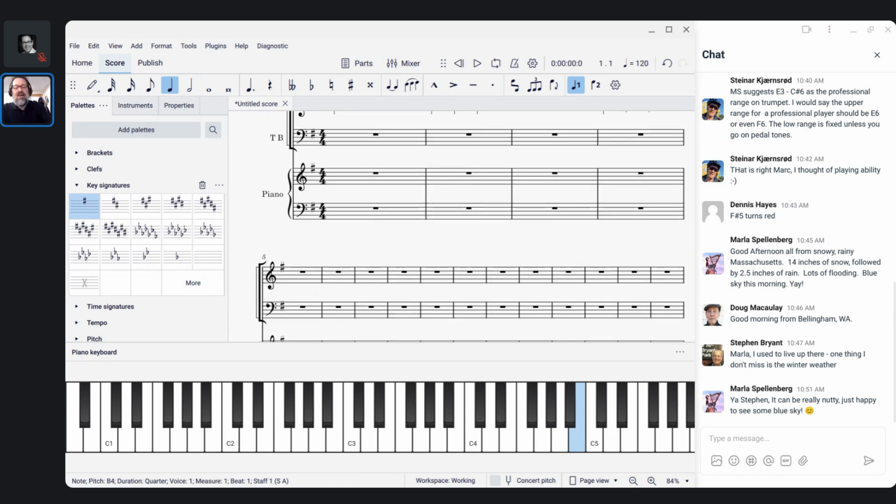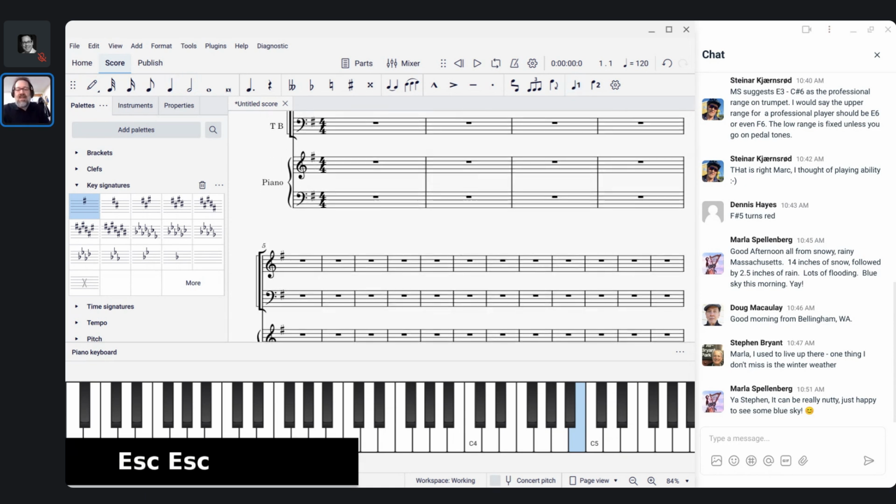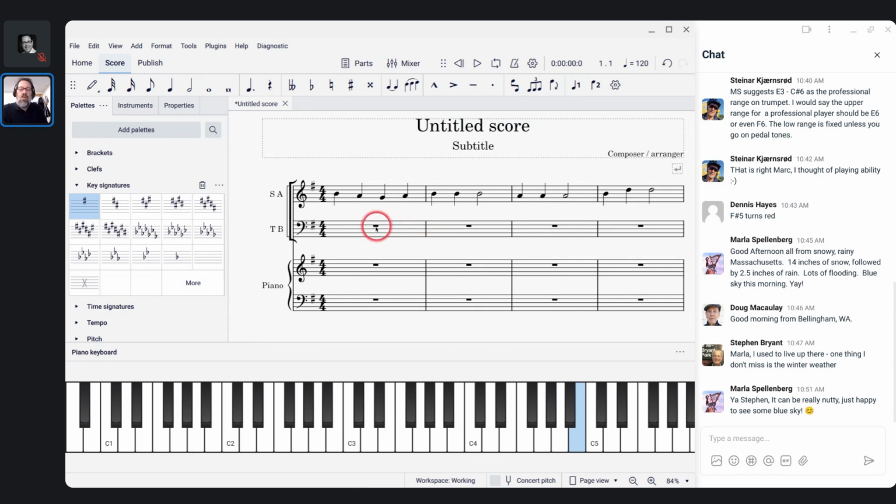The first thing I did was press escape to leave note input mode. Why? Because if I tried clicking a measure while still in note input mode, it's not going to select that measure. It's going to enter a note. I wasn't ready to enter a note. I just wanted to select a location. So I'm always pressing escape to leave note input mode, then selecting the measure where I'm going to start entering notes. Then I want to enter notes into voice 2, but I don't want to click the voice 2 icon right now,